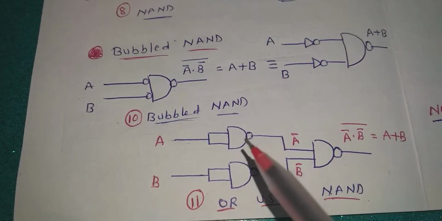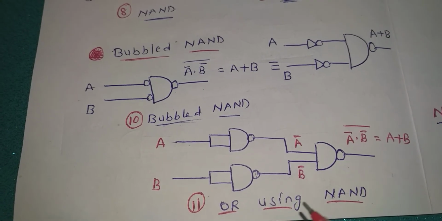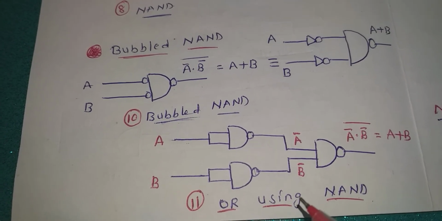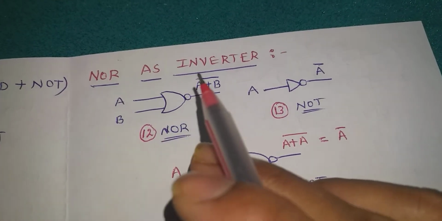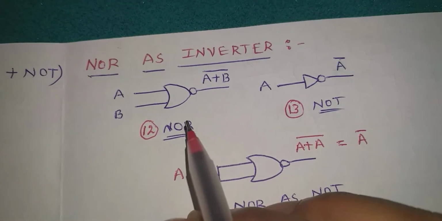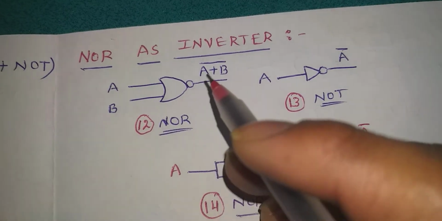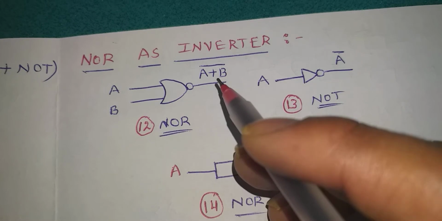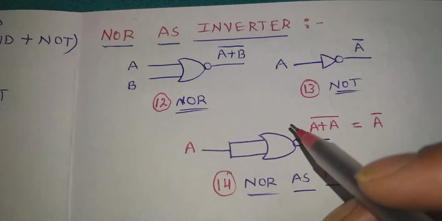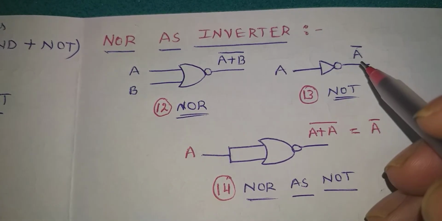The NOT gate is replaced with a NAND gate. In this way, OR is going to be designed using NAND gates. Now if you look at NOR as an inverter, this is the logic symbol of a NOR gate. What is the output of a NOR gate? It means (A + B) bar. Now we know that a NOT gate consists of only one input and the output is the complement